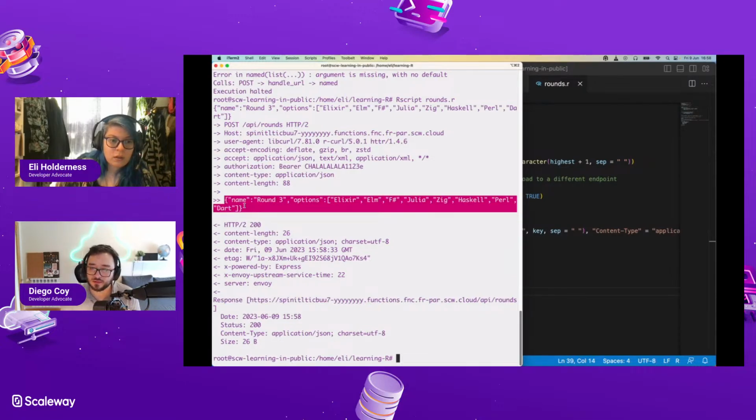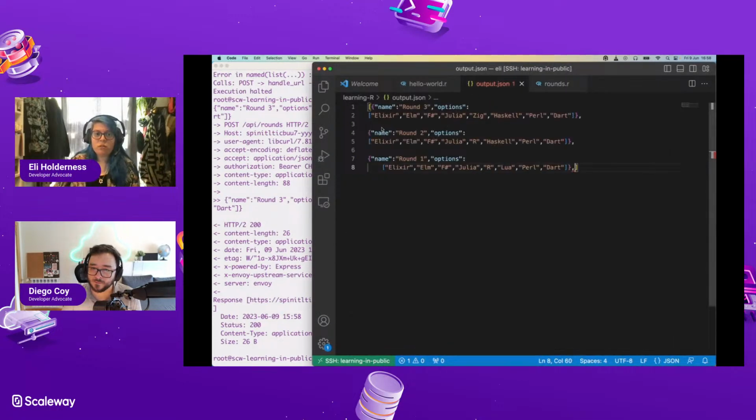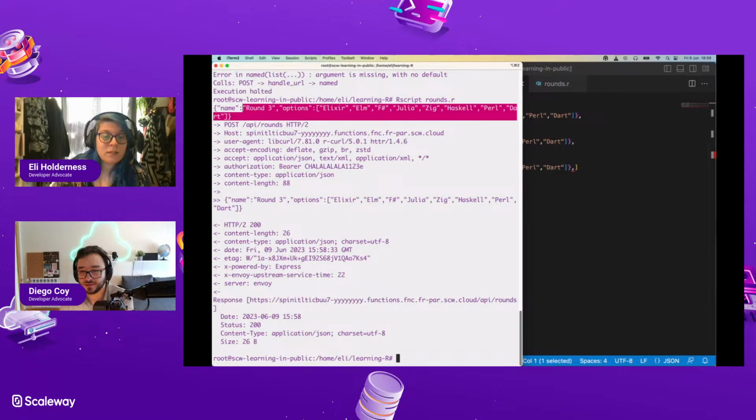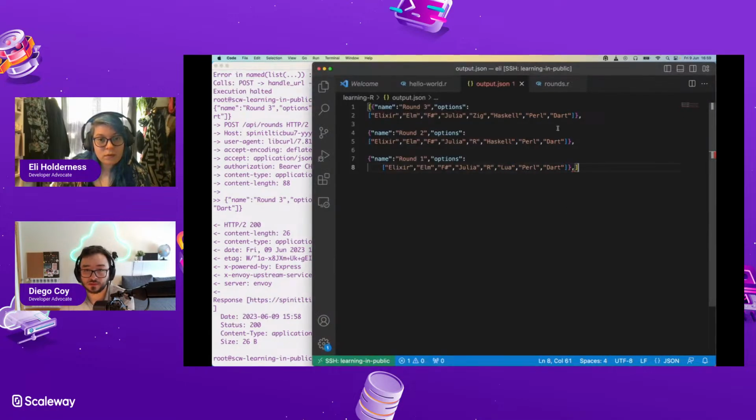There's one thing I saw. Oh, do I need square brackets around this JSON? You don't, no? So there's one thing I saw that suggests making the body a list, and within this list, you set the options array as a list of characters, a list of strings.